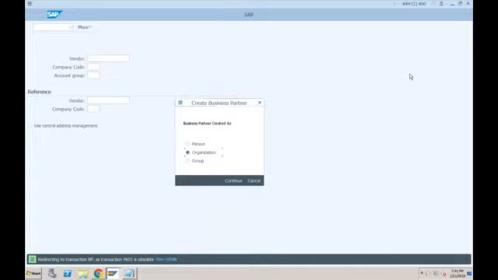Only the new thing is that earlier we were not creating the business partners for customers and vendors. At least it was not mandatory. Although in ECC also it was possible to create a customer and vendor as a business partner, that was only required if you are using some advanced modules like FSCM, CRM, SRM. But if you are just using the core modules of SAP like FI, CO, MM, SD, PP, normally we were not touching business partner at all.